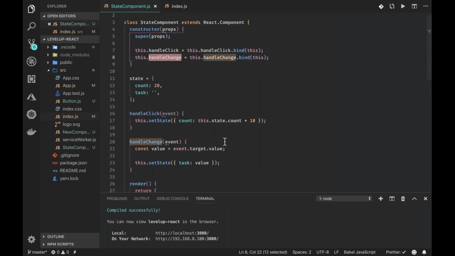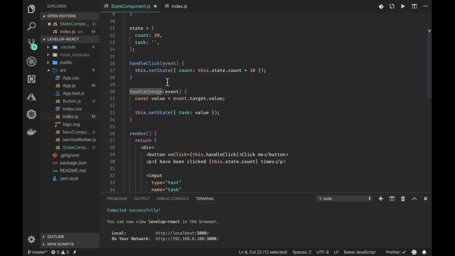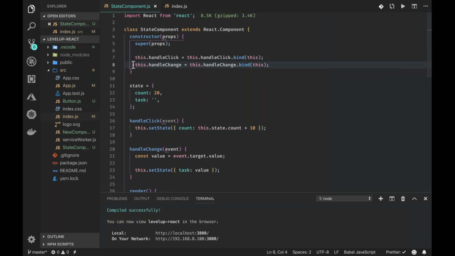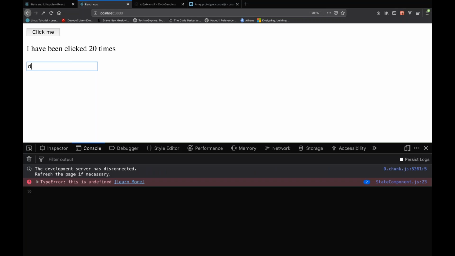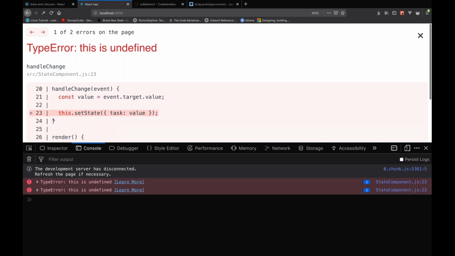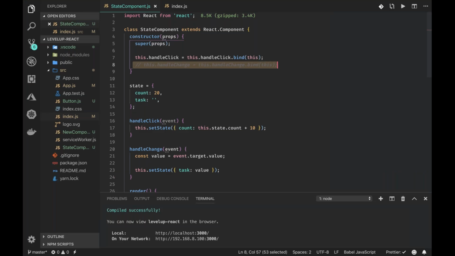To show you an illustration of how that would look, let me just comment this out. So I comment it out, and I get the error: this is undefined. So instead of using regular, okay, so the person is,